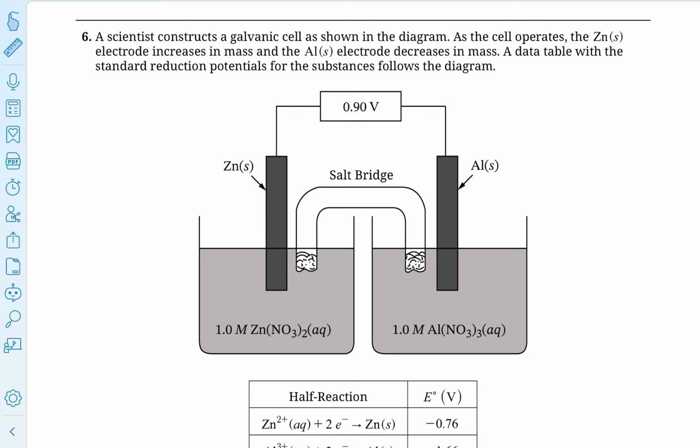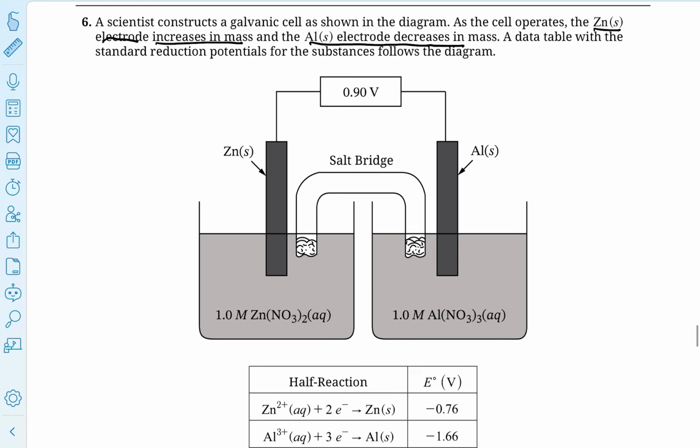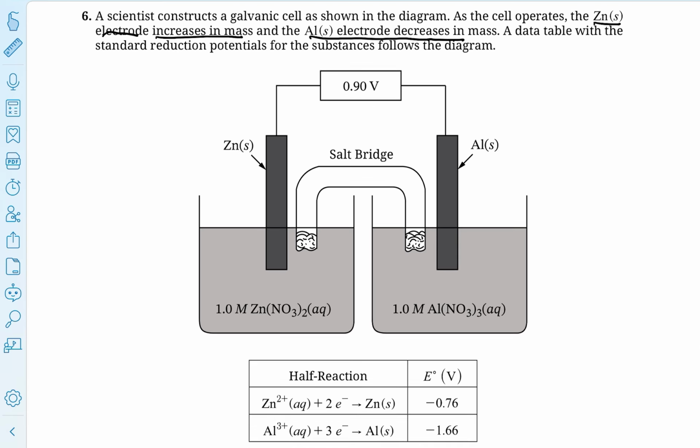I'm shown a galvanic cell diagram and it tells me that the zinc solid electrode will increase in mass, and the aluminum solid electrode will decrease in mass. That's really important because that'll tell me what the anode and cathode are. Aluminum is decreasing in mass. So here's my solid, and what this will do is break down into aluminum ions and electrons. In other words, this is my anode, where the oxidation occurs. And that's also the definition of an anode: it will decrease in mass when it's actively participating in